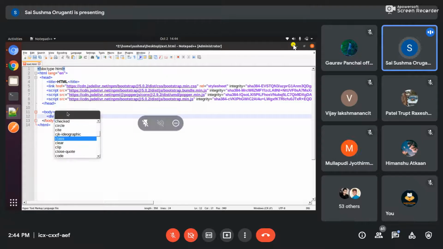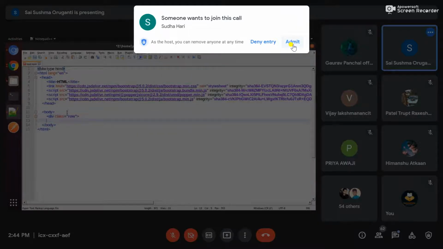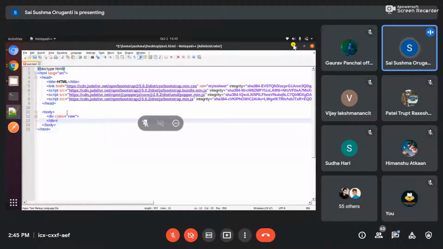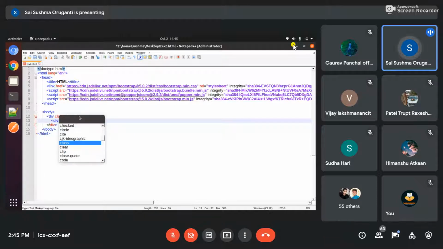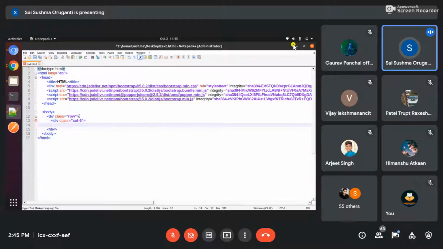So div, first I am assigning a row. Div class row. I'm closing this div. Inside this row, I'm writing one column. Div class equals col. Column is nothing but col. Total 12 parts, right? I will divide this first into 6 parts, and later I will show different parts also. First 6 parts, that is half of the row. For the time being, I'm just copying and pasting the other half part also. If you want, you can use that, or else you can just leave this empty space here.